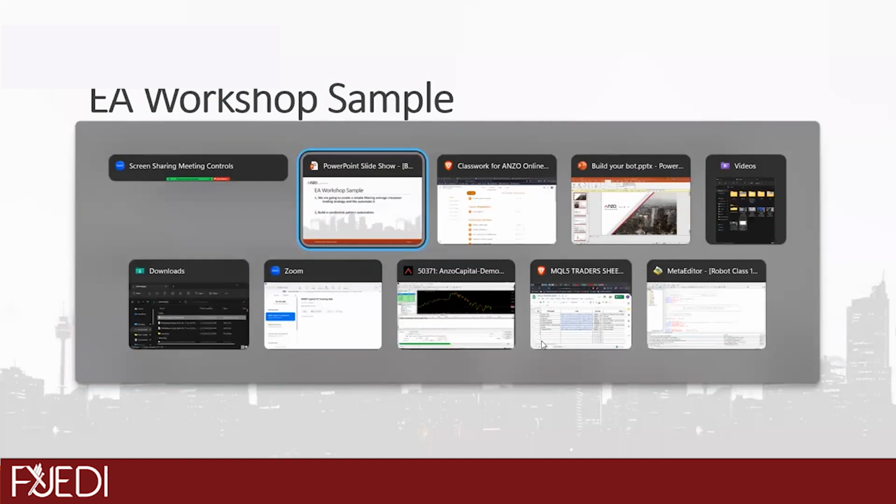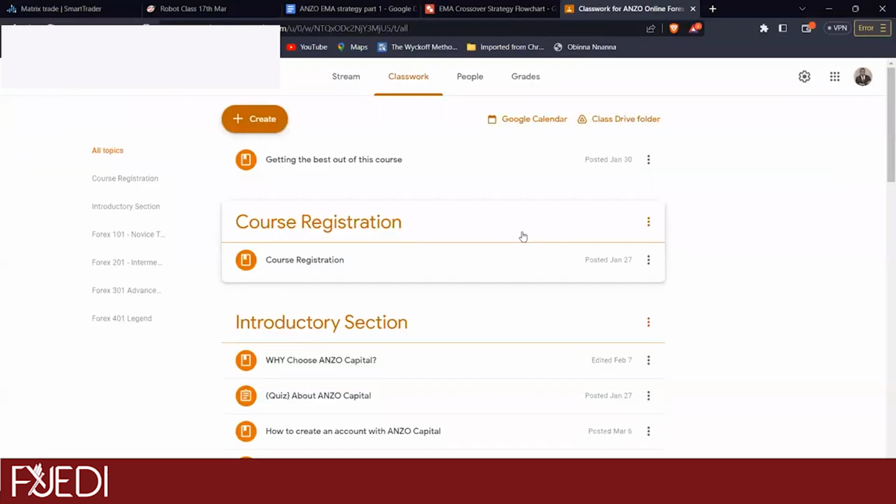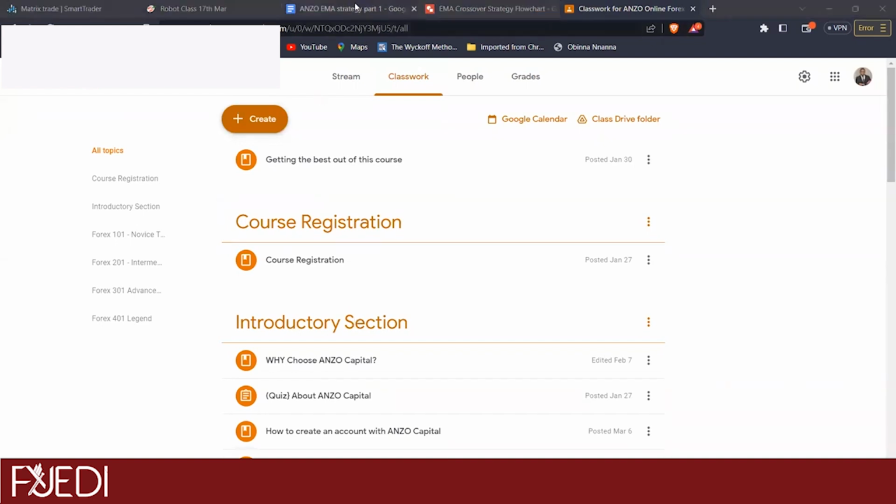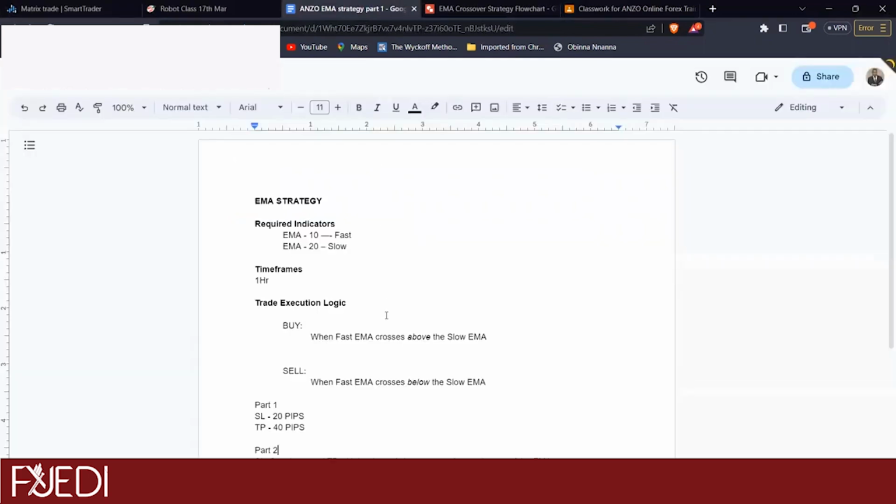Now let me just move over to my browser. Okay, so still some yes coming in. Good, good. Now there's something I always tend to do, especially when I'm looking to build any EA. What I do is I try to detail out what I would need and then break down the flow of what I'm trying to do, because that way it will be easier for me to